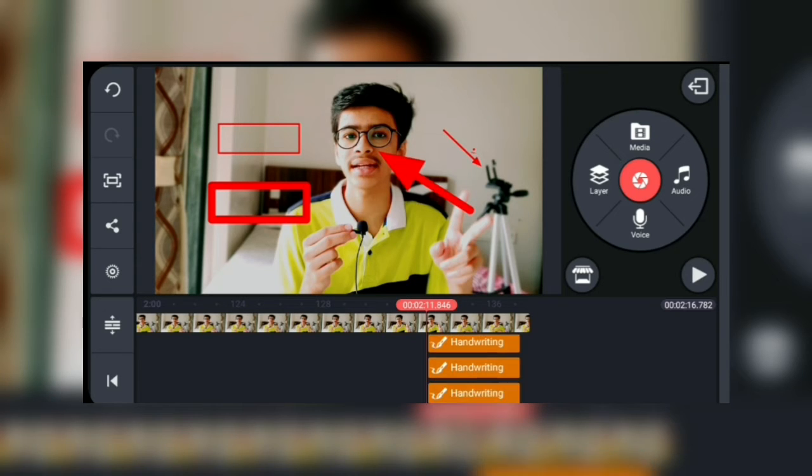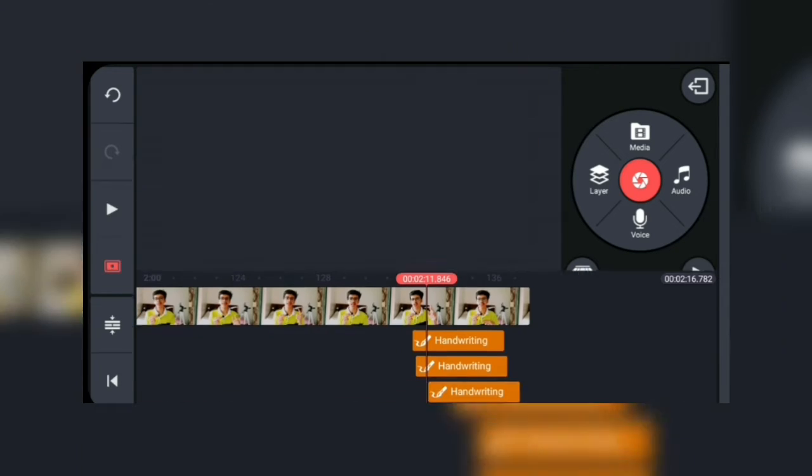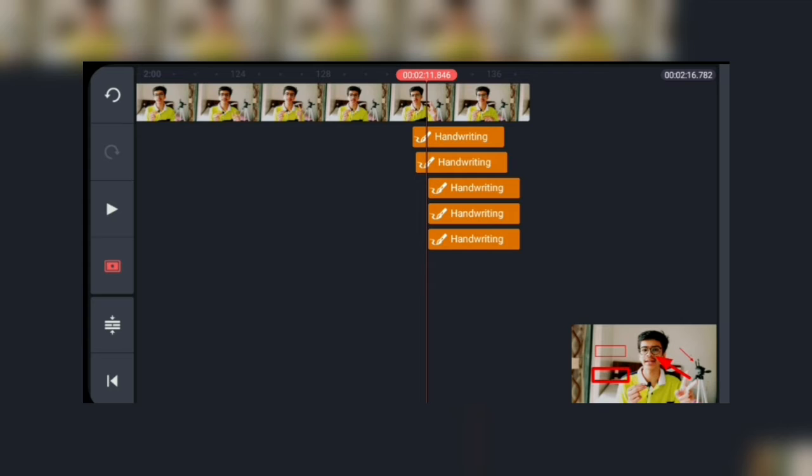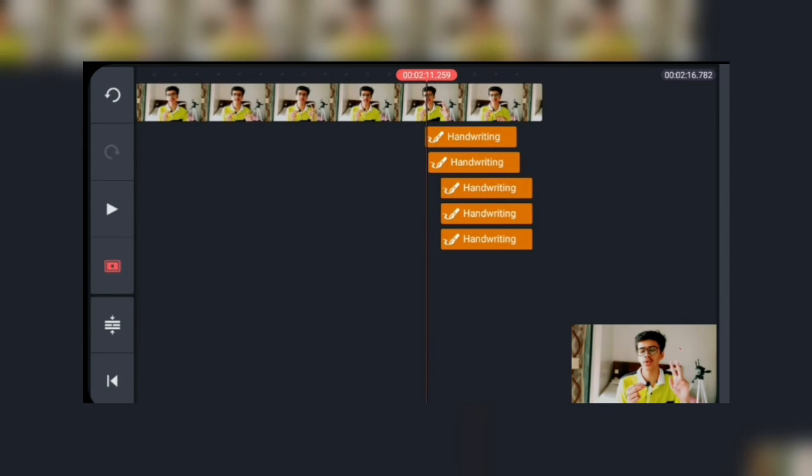If you have this many layers, 3 to 4 to 5 layers, it gets very cumbersome to use and edit it. So to edit it very freely, you simply need to click over here. You can see there's an option. As you click over it, you can easily navigate between your layers and select any layer you want.